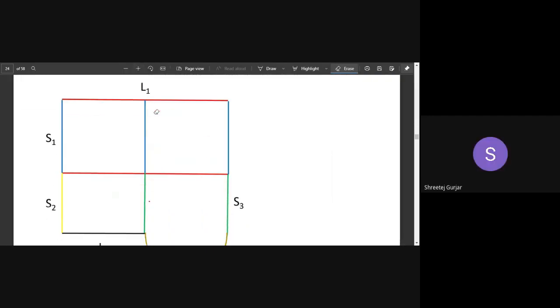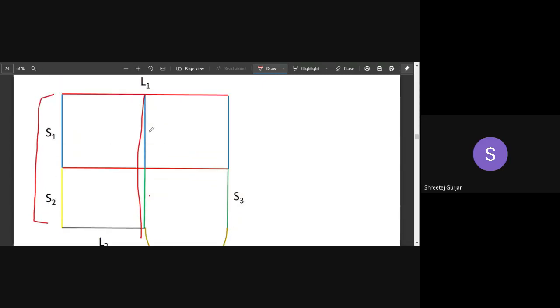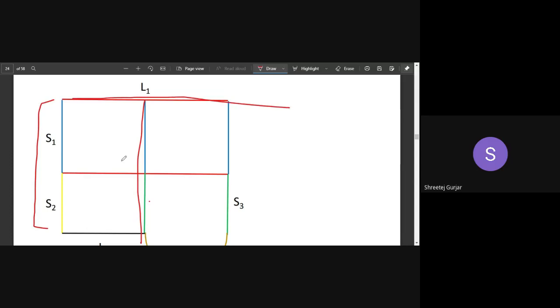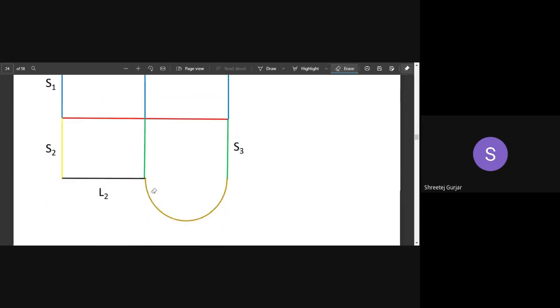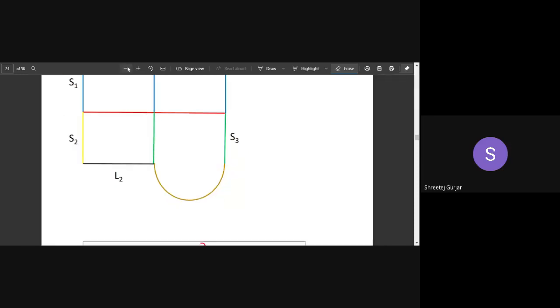You can adopt this also as a long wall. You can adopt this entire thing as a long wall. So it will be 2 in number, right? This one and this one. And then you can adopt this as short walls. The length is just for our convenience. Since it is mentioned as long wall, whichever is longer in length, we take as long wall. Whichever is shorter in length, we take as short wall.